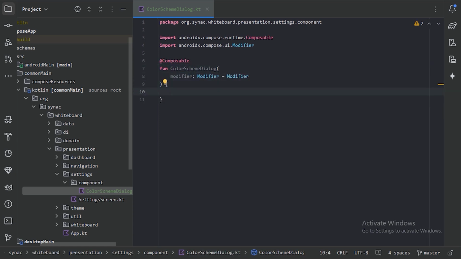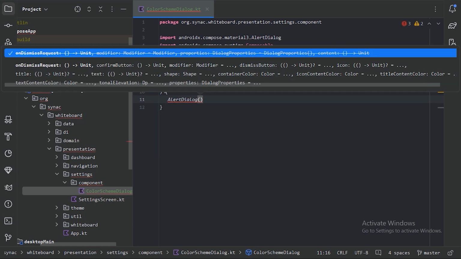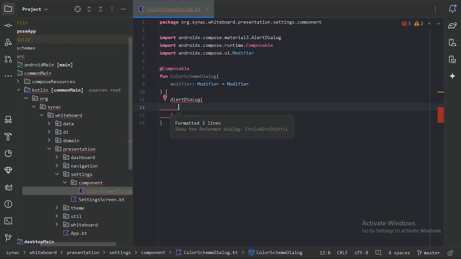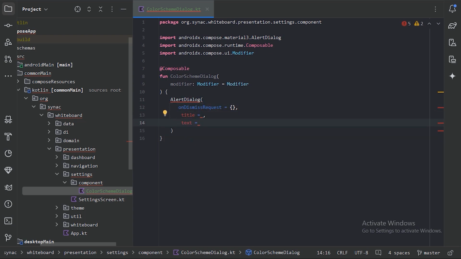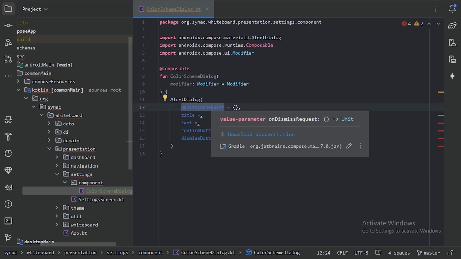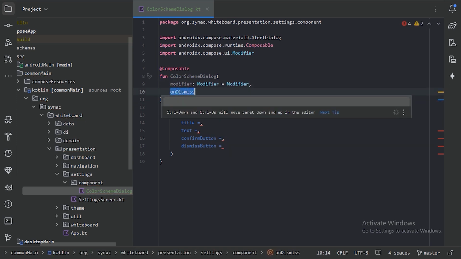And here we will use alert dialog. This alert dialog comes with this material 3 library. And to this alert dialog, we need to use on dismiss request. So these will be the 5 parameters. First, this on dismiss request, it will be triggered whenever user will try to dismiss the dialog either by pressing outside the dialog or the back button. So this on click we will provide through the parameter